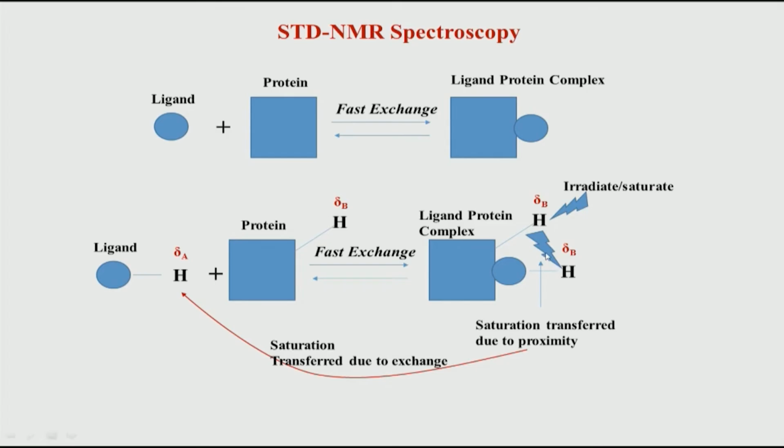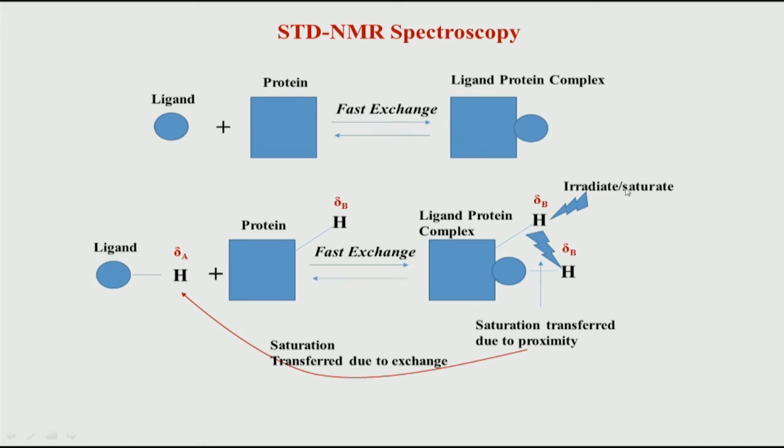So, whatever I do to this hydrogen, if I saturate or destroy or reduce its magnetization, that is now transferred to this, and this is also reduced in intensity. So, what is the advantage of this? The advantage is that now, looking at this form of the signal, this is a free ligand. So, looking at the NMR spectrum of this ligand,